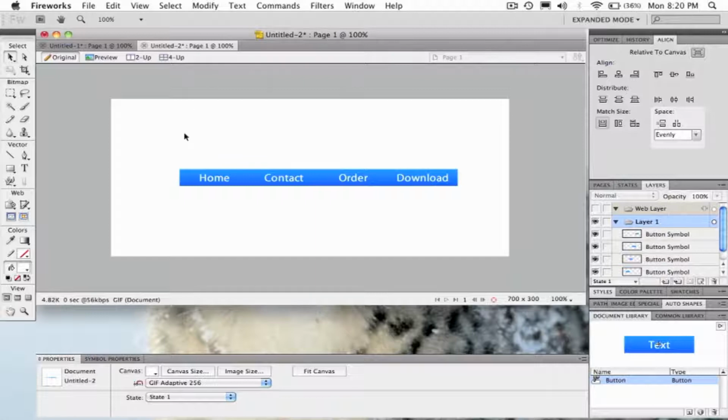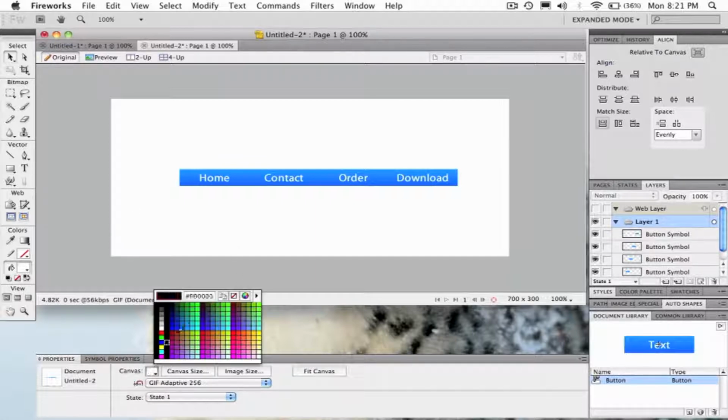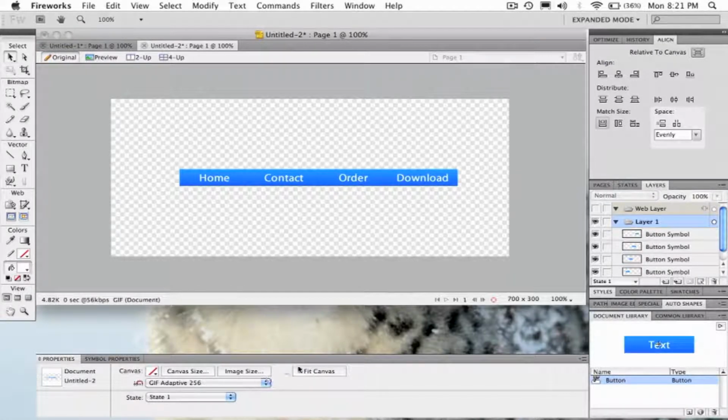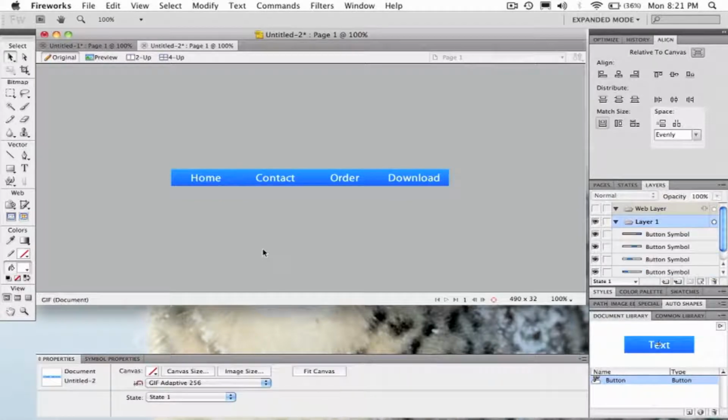Now to finish this off, so it's ready for exporting, you want to click your canvas, and come down to your properties, make your canvas transparent, and then fit canvas. Okay, so that's about it for creating a navigation bar. It's very simple, very fast,